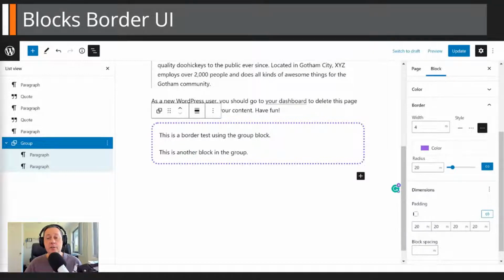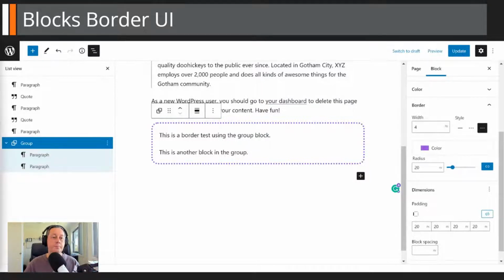So that's nice. It's a nice little touch to have. It's not on all blocks, so it just seems to be on some blocks and not all of them, which is a bit strange, but it's getting there. So slowly we're getting more global controls, and less having to rely on CSS for doing little tweaks